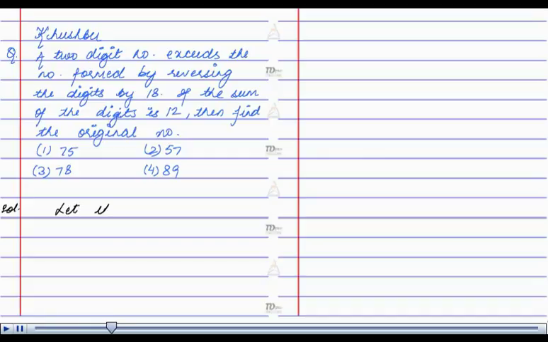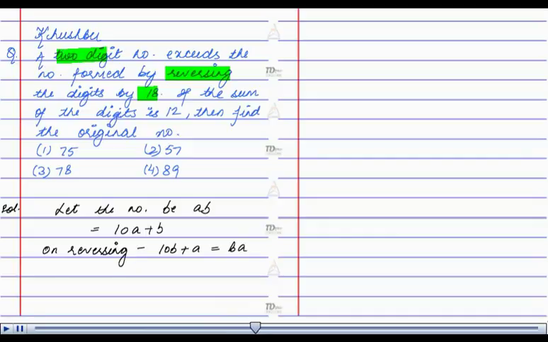Let the number be AB, that is 10A plus B. On reversing the digits, the number will become 10B plus A, that is BA. It has been given that the reversed number is 18 less than the original number. Therefore, we have the condition that 10B plus A plus 18 is equal to 10A plus B, which implies